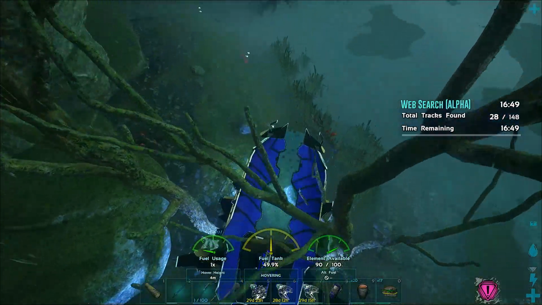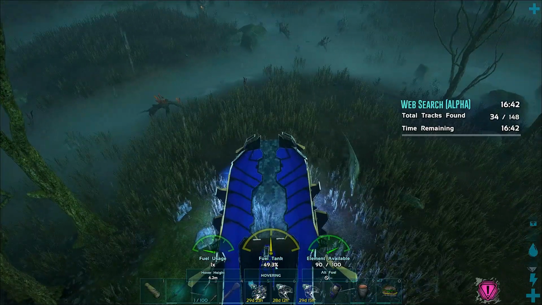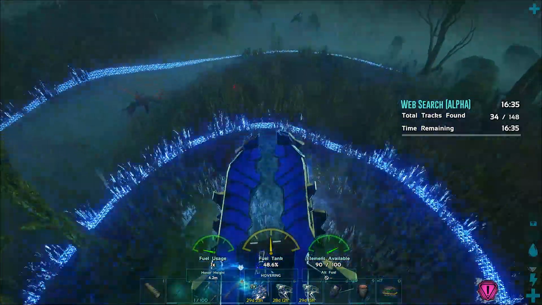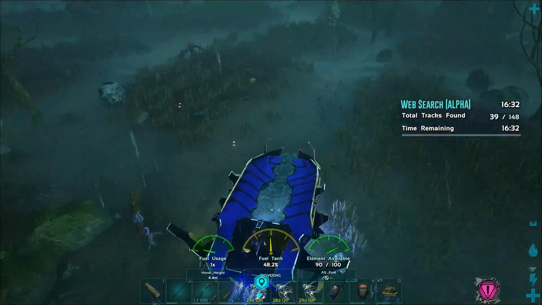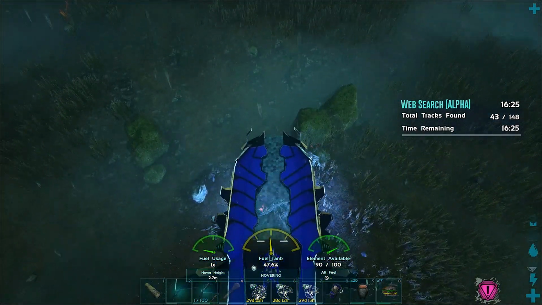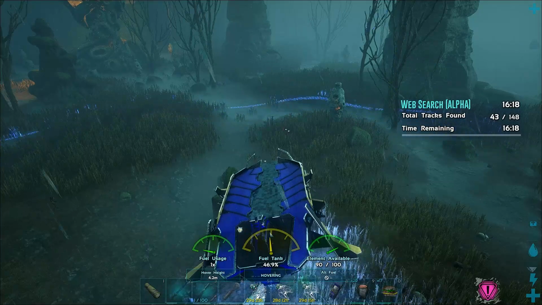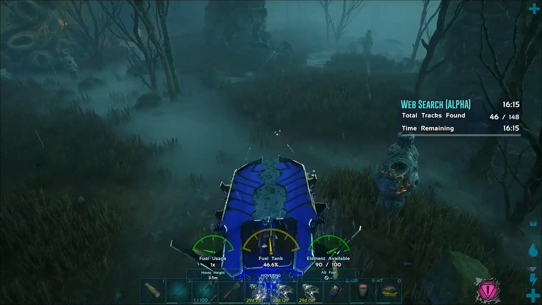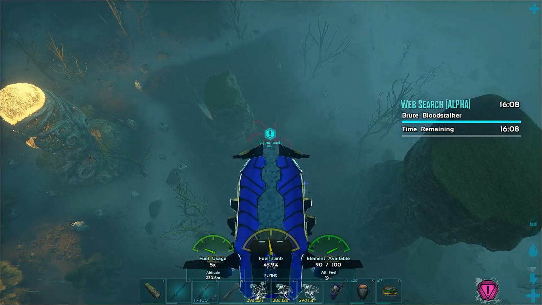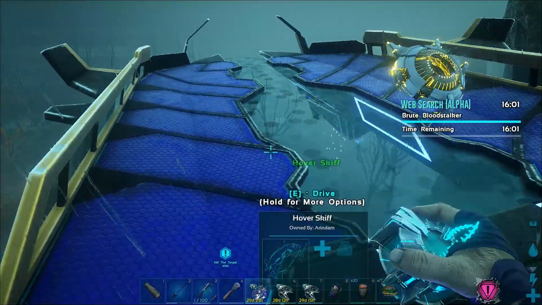Of course, I learned my lesson a bit from that fight, so not only am I going to be using basilisks, I also have backup gigas if I don't have the time to kill the other minions. Let me scan this right quick. There should be the one. Now that we are sufficiently far away,